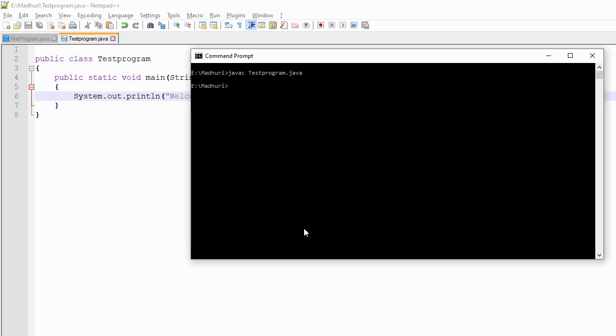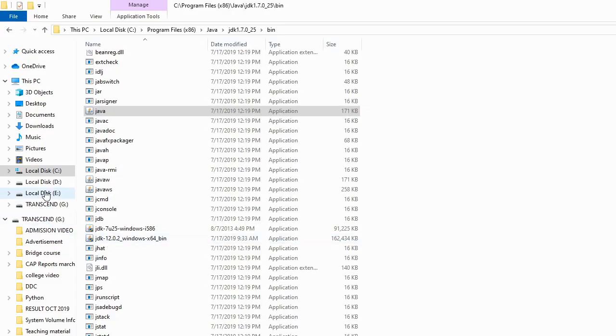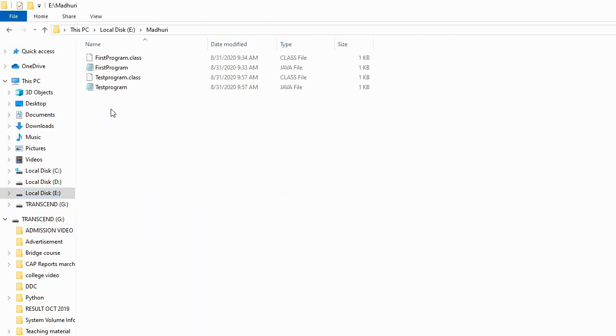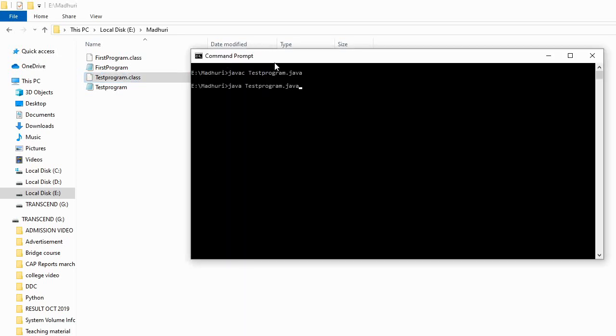For execution of a Java program, you have to use the java command and then your file name. One more thing to remember: whenever you compile the program, go to your folder. You can see that after the compilation, one more file is created, the .class file. This .class file contains the bytecode, that is the compiled code, which is interpreted by the Java interpreter.